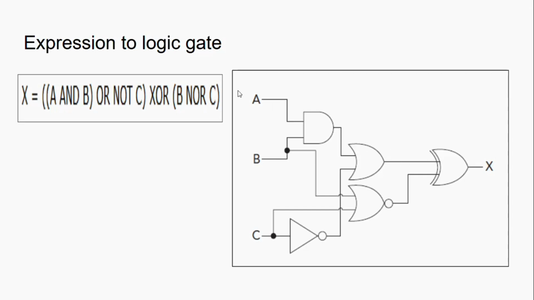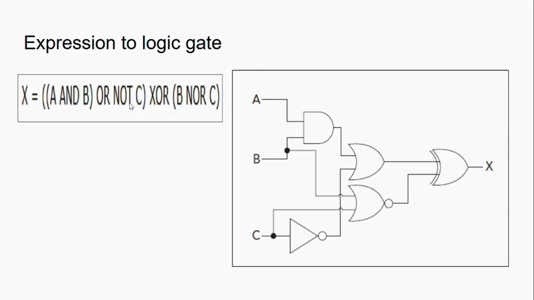Okay, now till this expression we are done. After that, what is a sub expression? This is a sub expression. Take the input value from B and the input value from C, and pass them to the NOR gate. This whole expression is ready here and this whole expression is ready here.